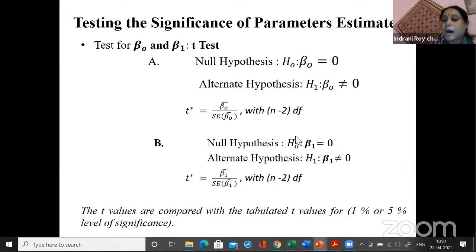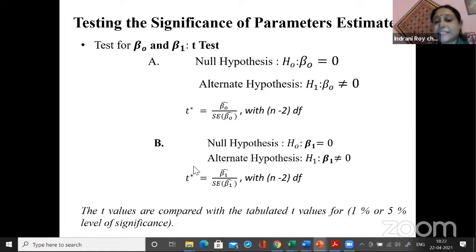Your main objective as a researcher is therefore to reject the null hypothesis, and therefore you can accept the alternative, because you've already estimated some betas. If you accepted the null hypothesis, what would it mean? It means that x and y are not causally related. So x as an explanatory variable to explain the variability of y has failed, because the coefficients are not statistically significant. If you need to do that, you have to go by the T values.